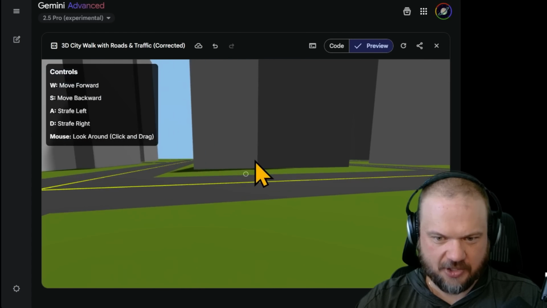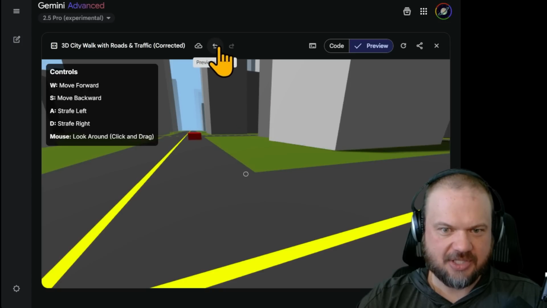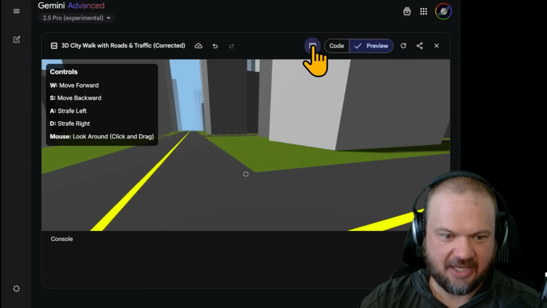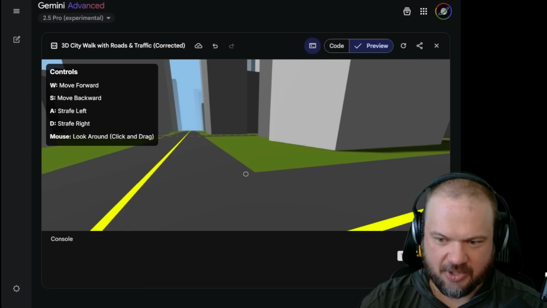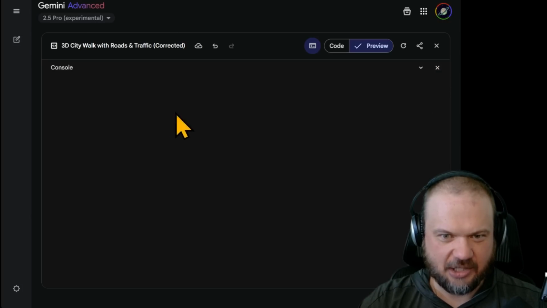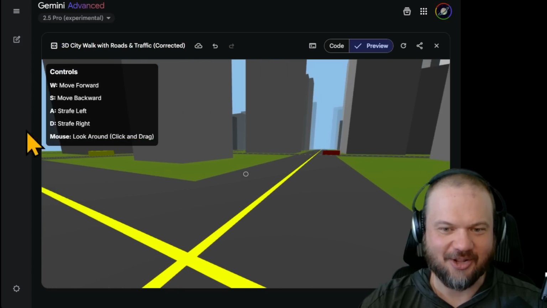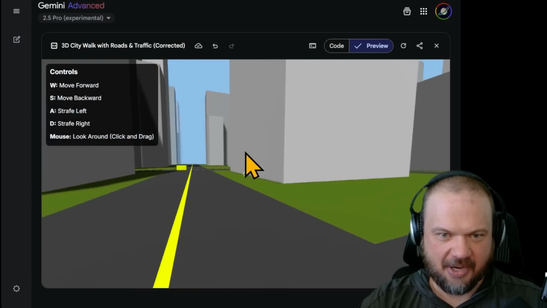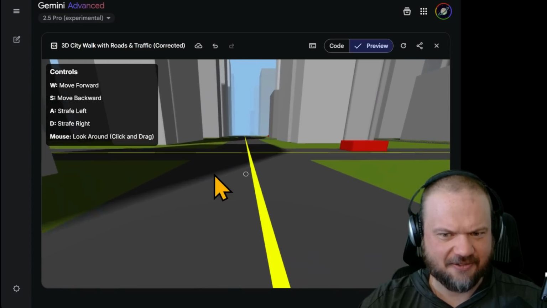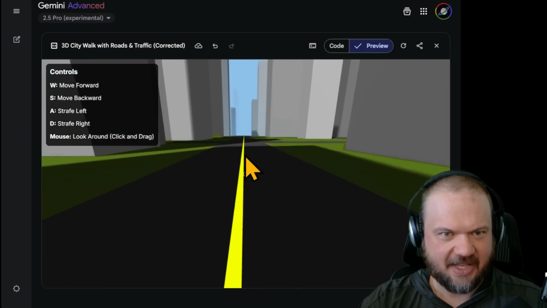Let's add some more features. By the way, one thing that's interesting to notice is we do have the previous version. So we have some sort of basic version control that we're able to go back to if we mess something up. We're able to share the canvas with other people. It even has a console, which I'm not sure what we're able to do with that. Maybe it just outputs errors and stuff like that. Doesn't look like we can type anything in or install some software packages that we want. But this is looking very, very good. As far as I know, this is the first time we're seeing a canvas